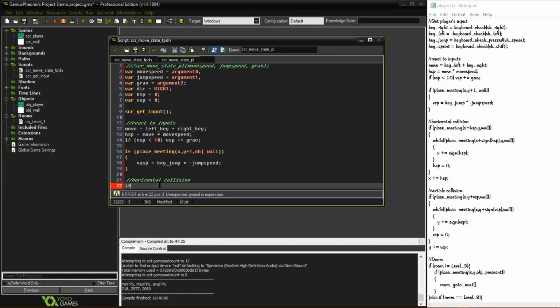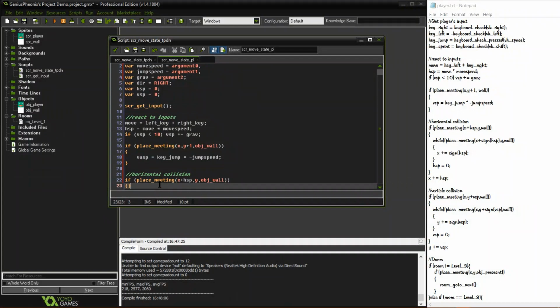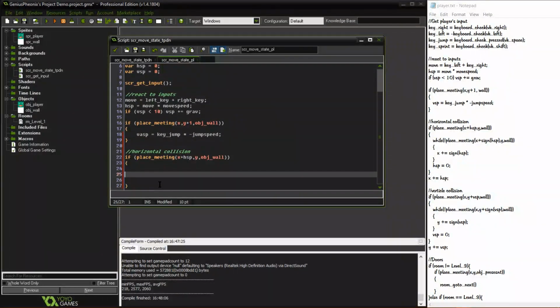So if place_meeting(x + hsp, y, obj_wall) and then we'll do curly brackets, put a bit more of a gap in there, while !place_meeting, with an exclamation mark in front of it, which means not, (x + sign